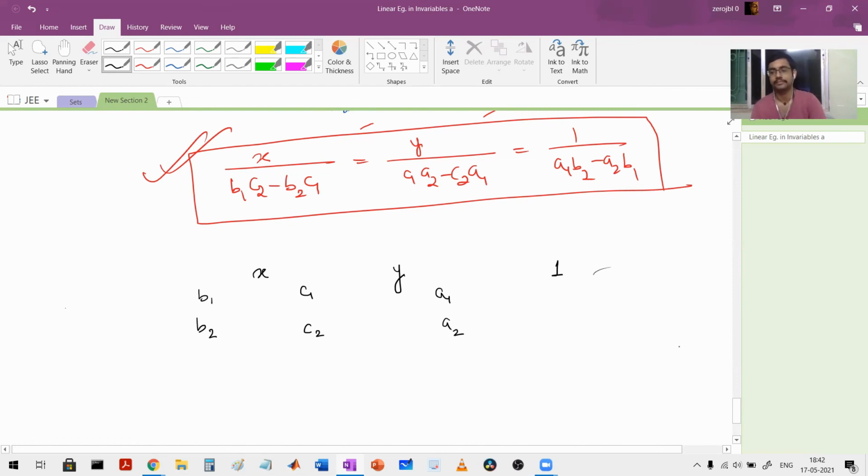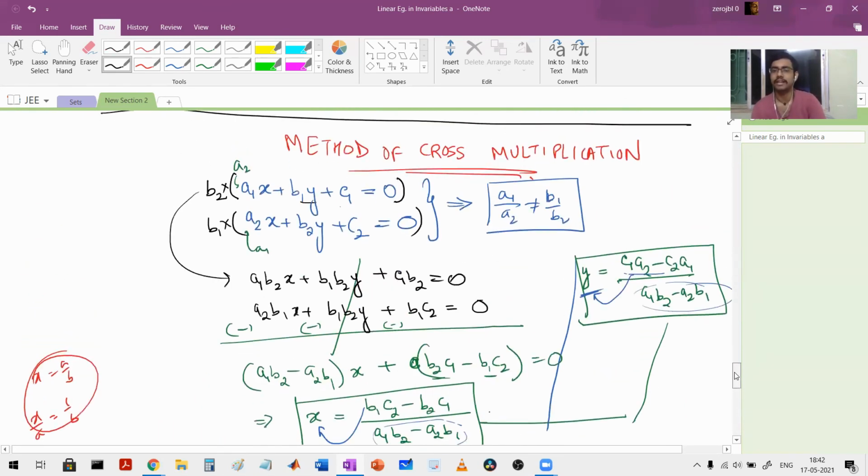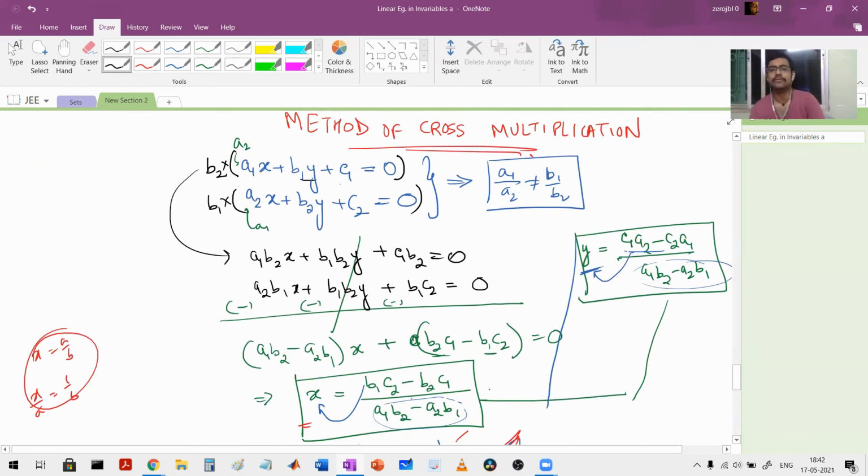Let's start from the beginning. This time, pay a little bit of attention. This is the most dumb kind of thing. If you sit with yourself, you will find this out very easily. This method of cross multiplication is a very dumb kind of solution actually. I did nothing. I just did one elimination to find the value of x and another elimination to find the value of y. To find y, I dismissed x, and to find x, I dismissed y.